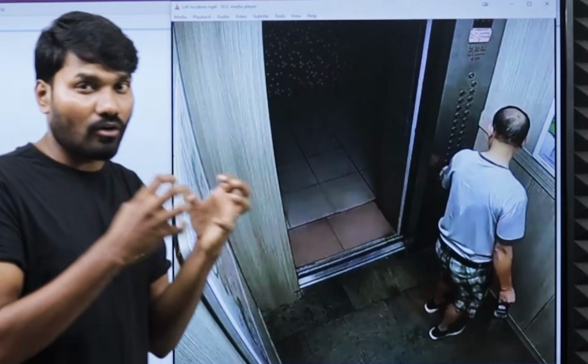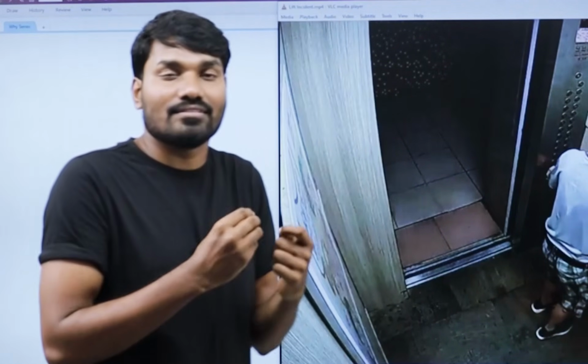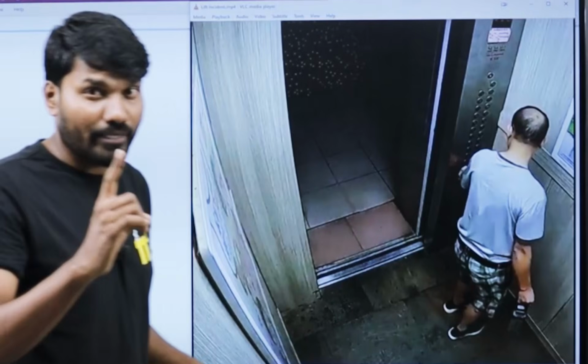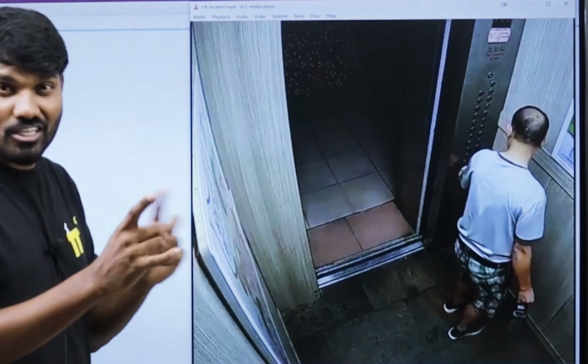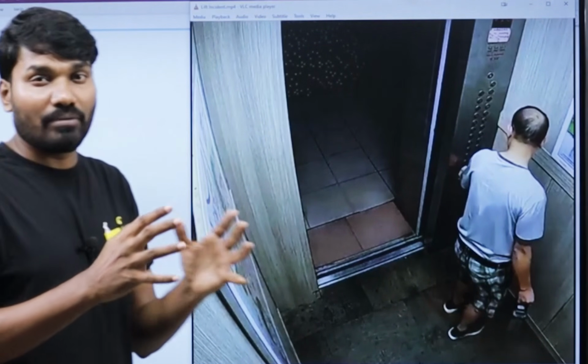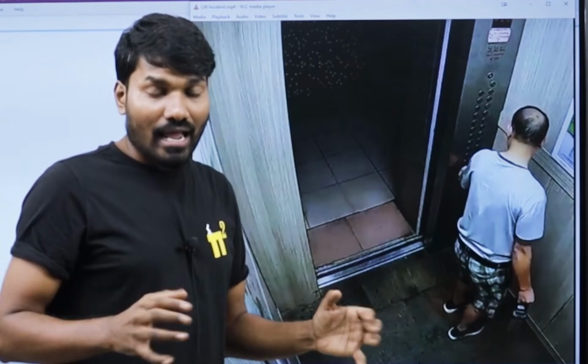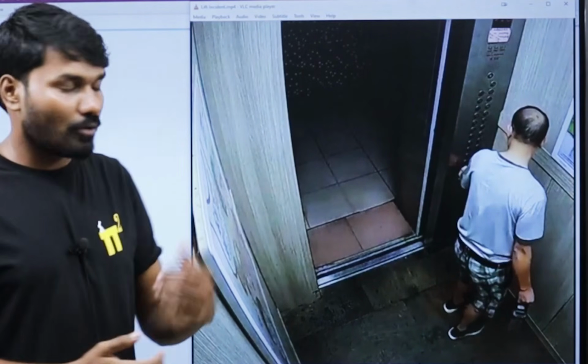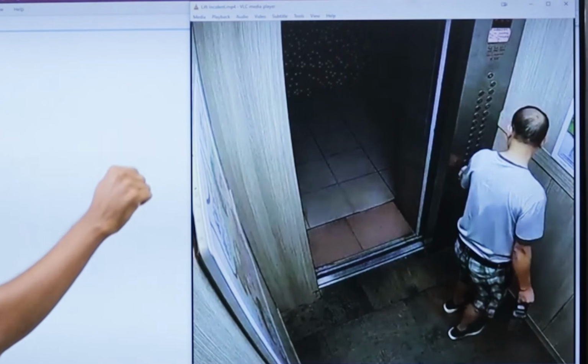I will explain all my analysis. I'll give the micro details, the tiny details, why this incident happened, how this incident happened. I'll give all those details based on this one frame, and I'll show you one more frame. Based on these two frames, I'll give my complete analysis. And we did such mythbusters, such Y series videos in the past, which are very popular videos of ours. You can check the link in the description.